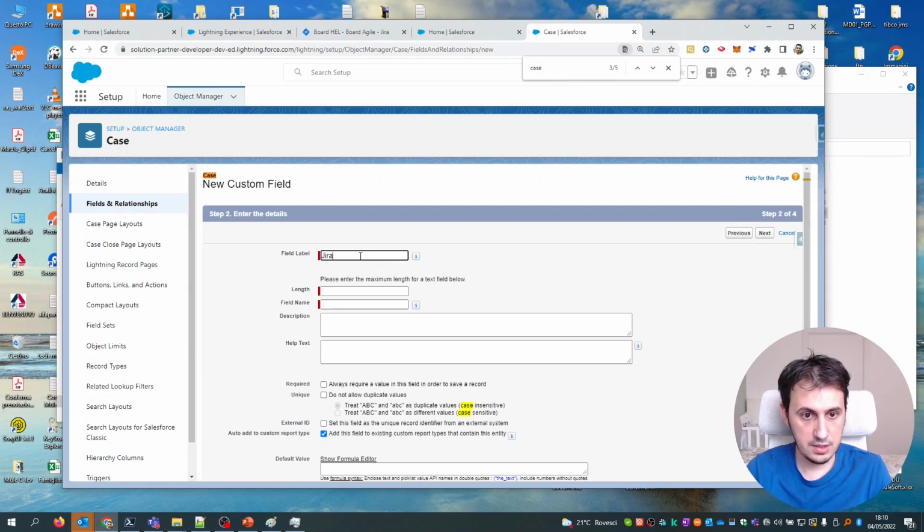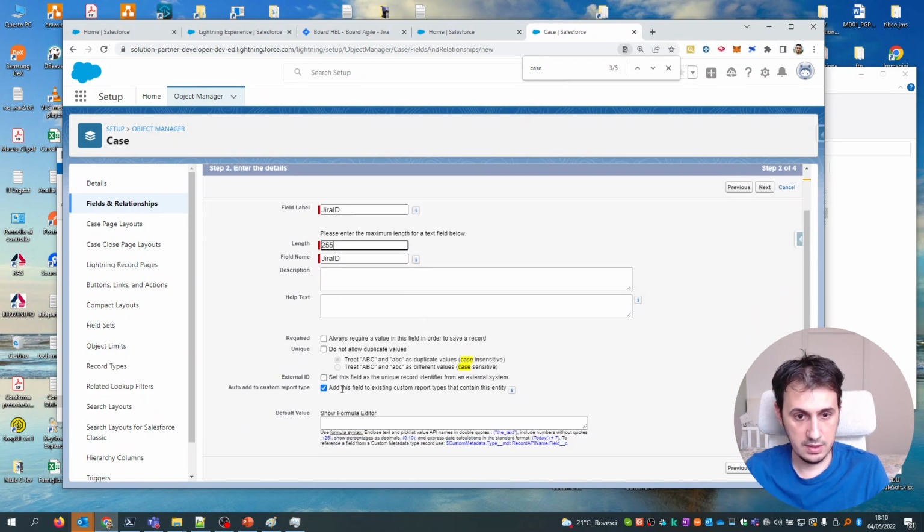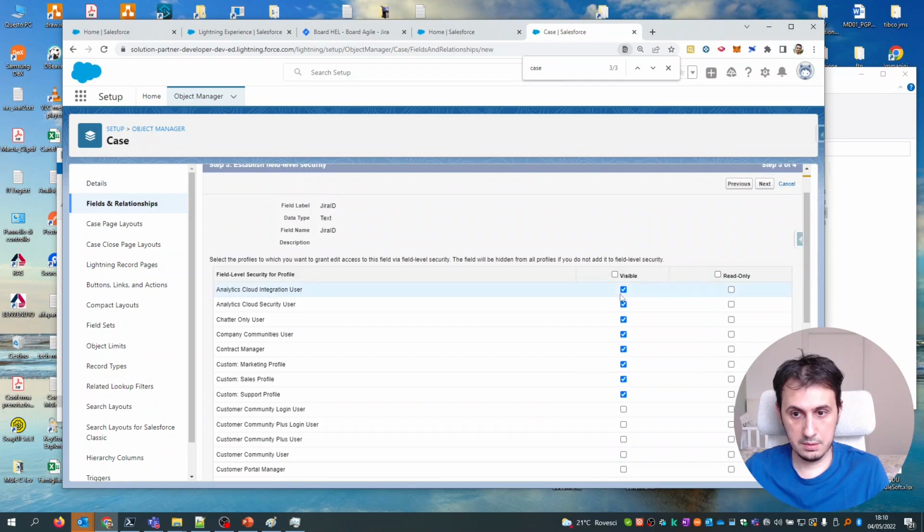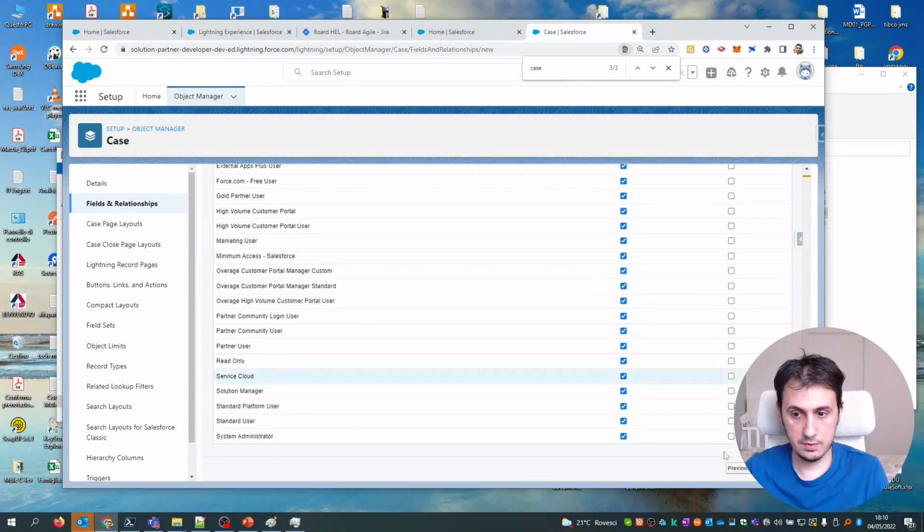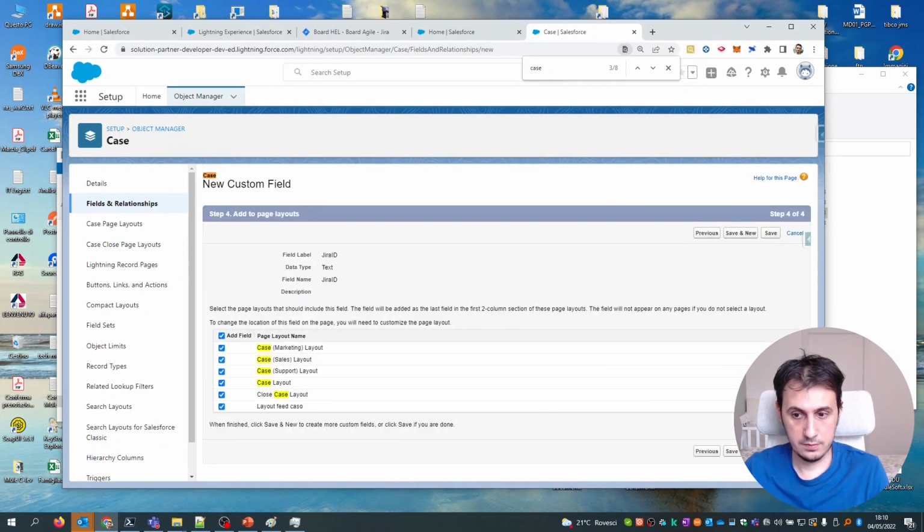So Jira ID, okay, 255. Very important, I have to set the external ID property. Visible. Okay. And save.